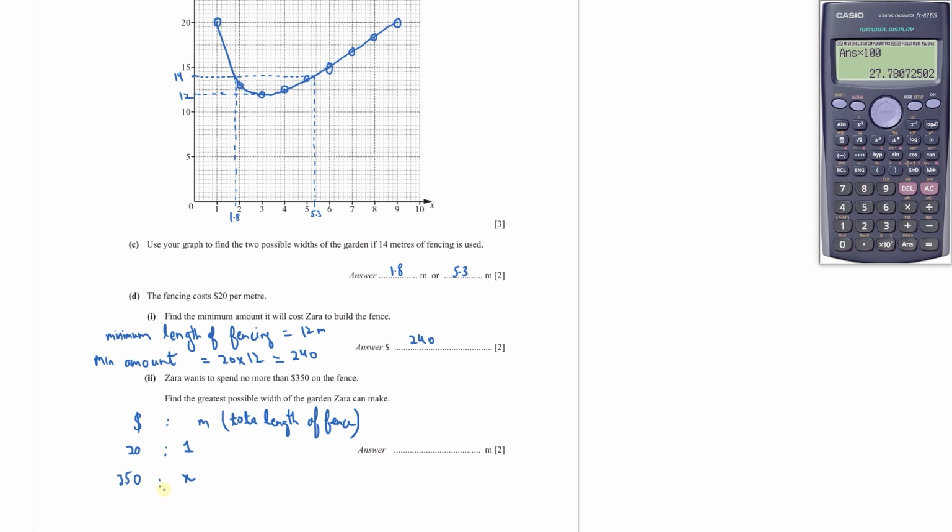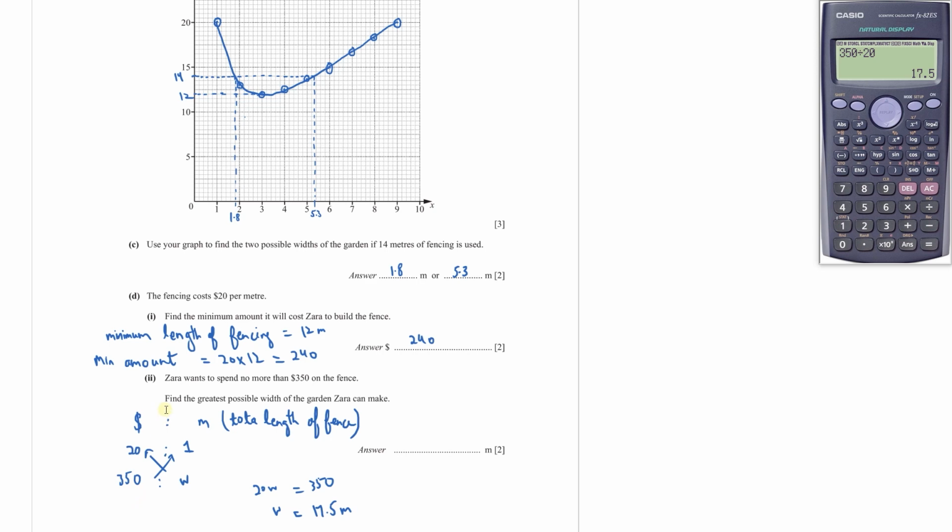So let's calculate the value. Let me call this W because we already have a variable X. For $350 you will get, so I'll cross multiply here. So this will be 20W equals 350, and here the W value will be 350 divided by 20. So 17.5 meters is the total length of the fencing she can buy for